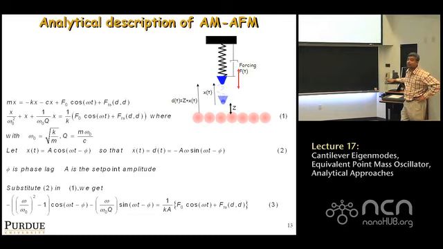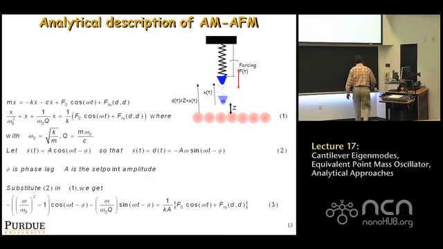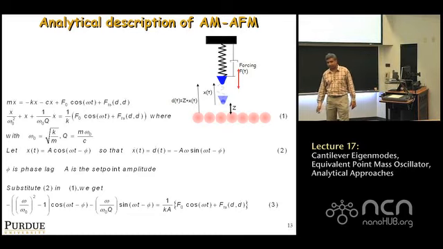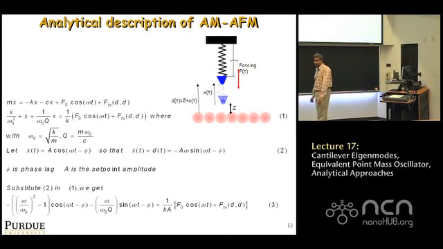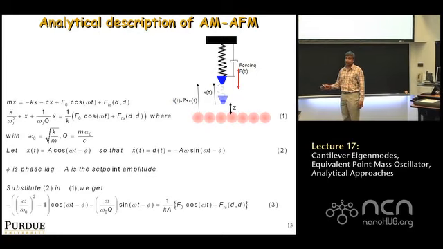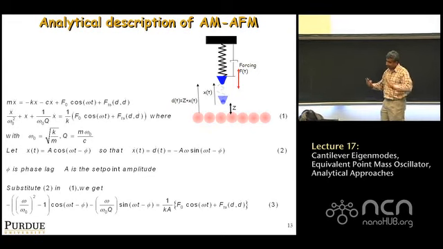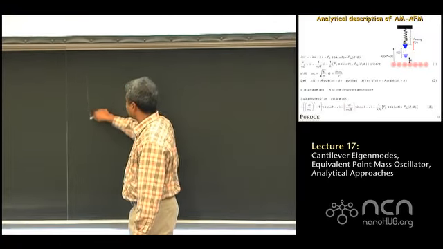Yes? As an experimentalist, when you measure the phase in your AFM system, what is the simplest technique you can use to determine whether the system is giving you the phase lead? Okay, very good question. It's a very important thing. So how, as an experimentalist, do you know whether your AFM system gives you phase lead or phase lag? So the easiest thing, in my opinion, to do is simply to